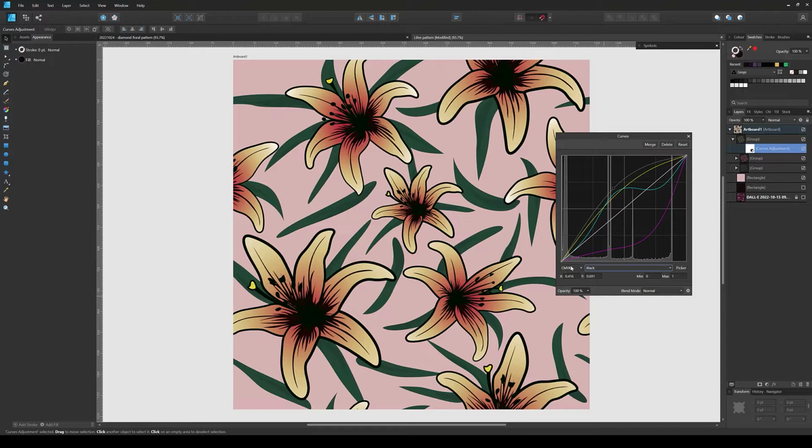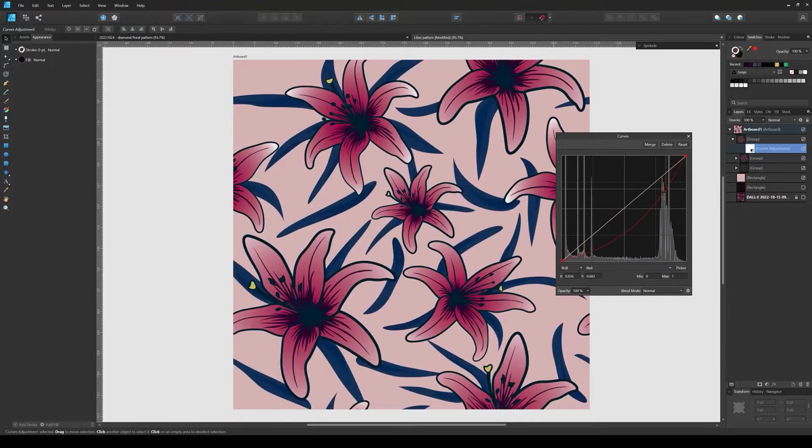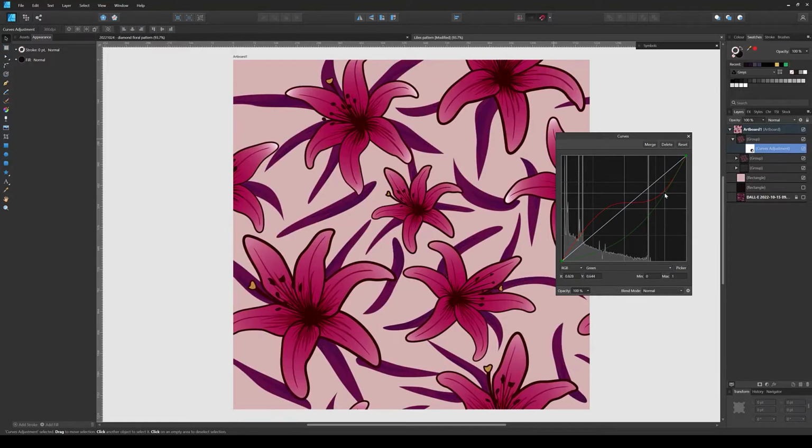So that was just CMYK. In this way you can adjust it. Let me just reset it and let me change it to RGB. Now you will get the options of red, green and blue, and you can adjust these levels, or you can say these curve shapes, to get the colors you want. So it can give you a little bit more control over it, and if you know how to adjust these curves